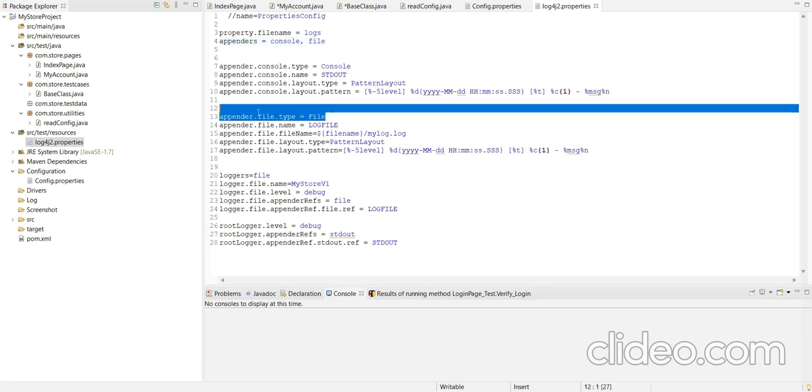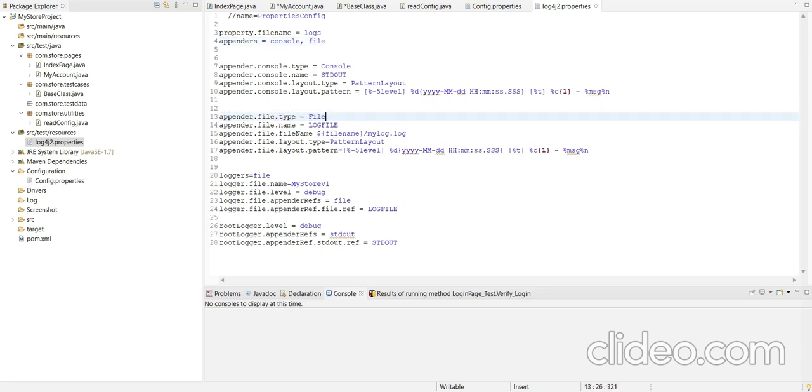Then this is our file type, which is a file. Then there will also be the pattern layout, that is, in which pattern we will write the log file. Means first is the level, then the time of the log, and then it will print the message.